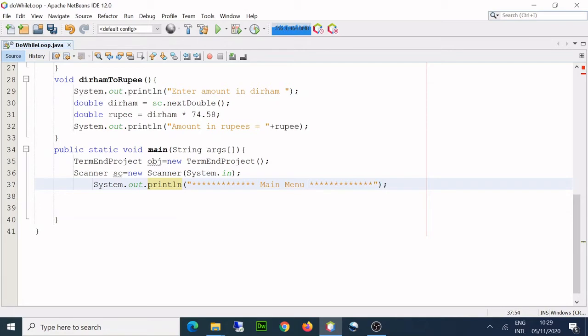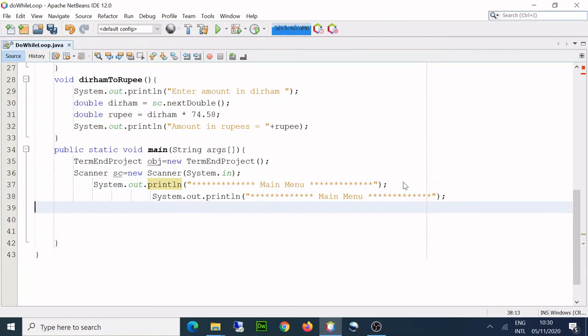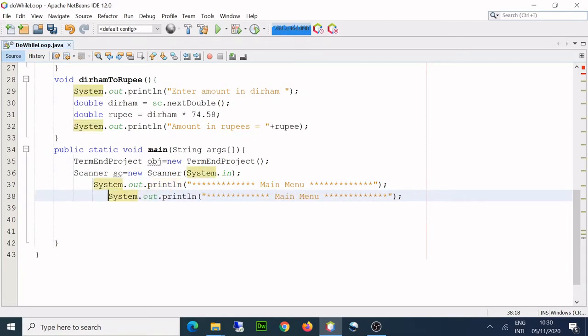So I'll copy this. I don't know why it moves that way. Okay, so this is another underline. It looks a little better.